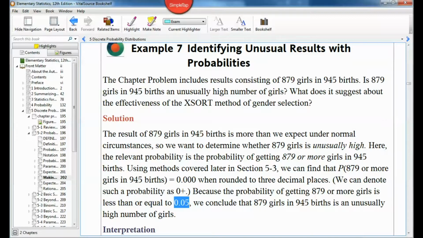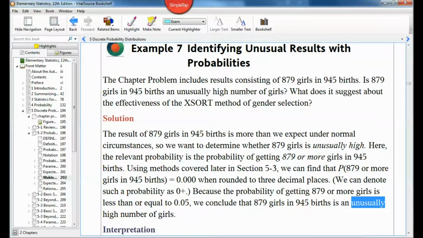In general, if there's a less than or equal to 0.05 chance of something happening, so that's a 5% chance, we say it's